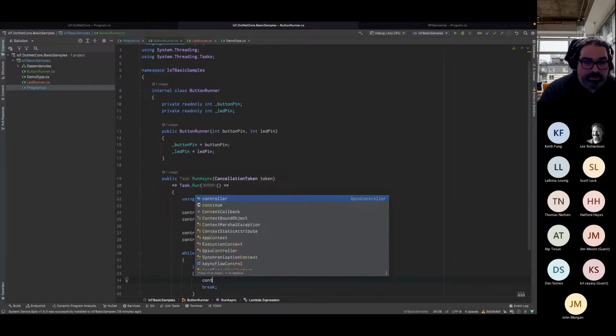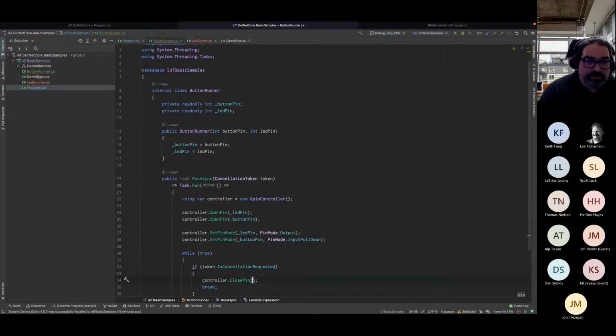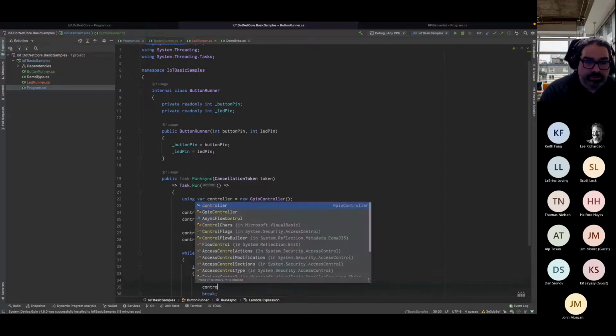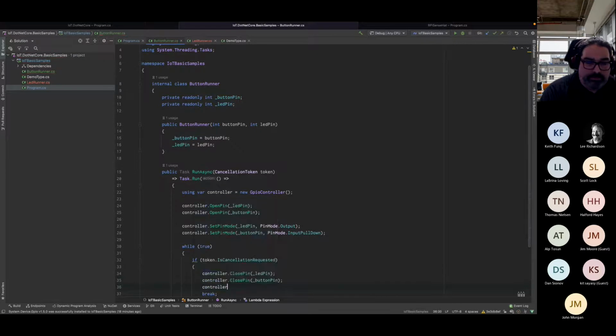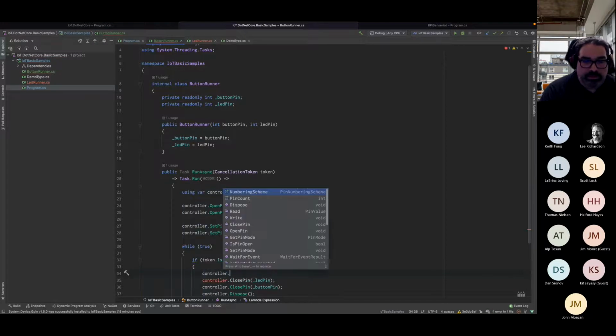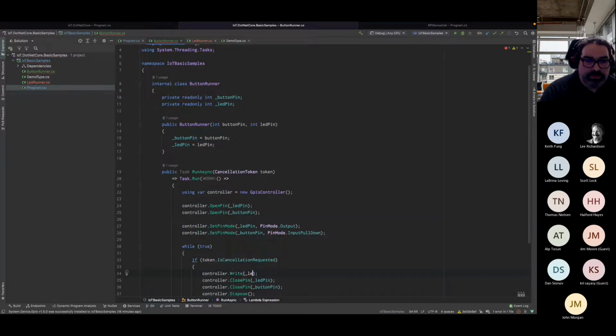And close both pins. And dispose of the controller. And let's make sure that the pin is low.